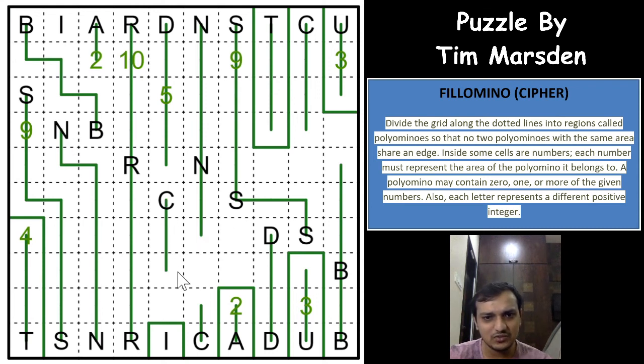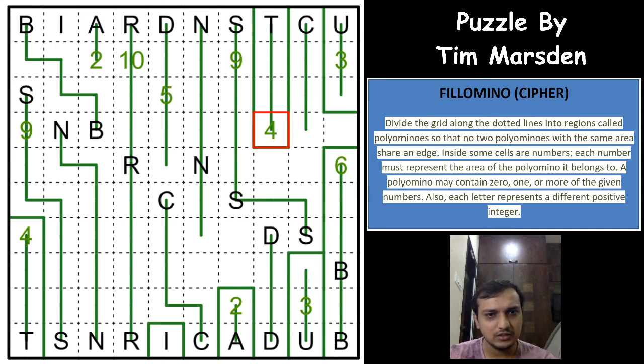We can extend this. We can extend the C as well, and this cell will have to be taken by one of the given regions, which can only be C. So N is, we have done 7 here. N will be 8. N is 8, right? Let us see if we get anything else. So B is 6. B cannot be extended more, which means that we can close the B with the 6 number. So we have got our 1 2 3 4. 4 is already done, right? Yeah, 4. 5 is D, right?